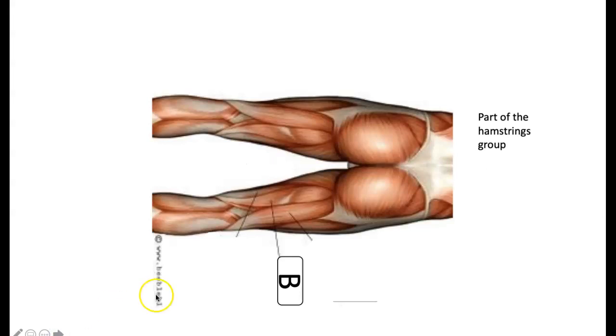The next one is semitendinosus. Now, when I think of semitendinosus, I think on top. And so the semitendinosus is the other part, the more medial part of the hamstrings group, and it is on top. As you can see right here, it is labeled B. Underneath of that is the semimembranosus. And you can see that membranosus underneath here is a little bit more membranous, has a little bit more connective